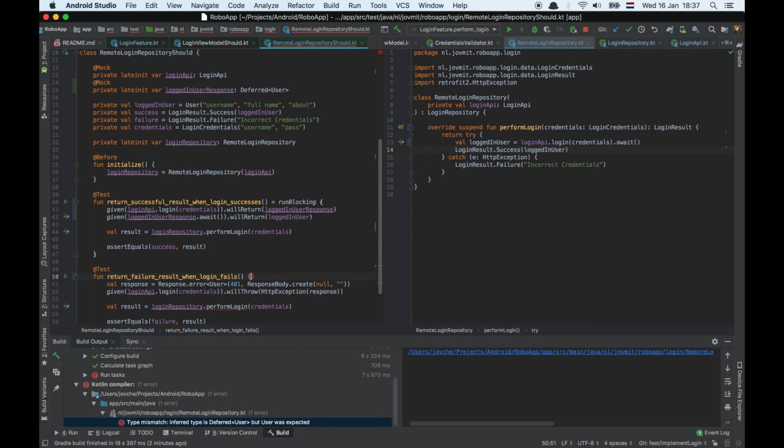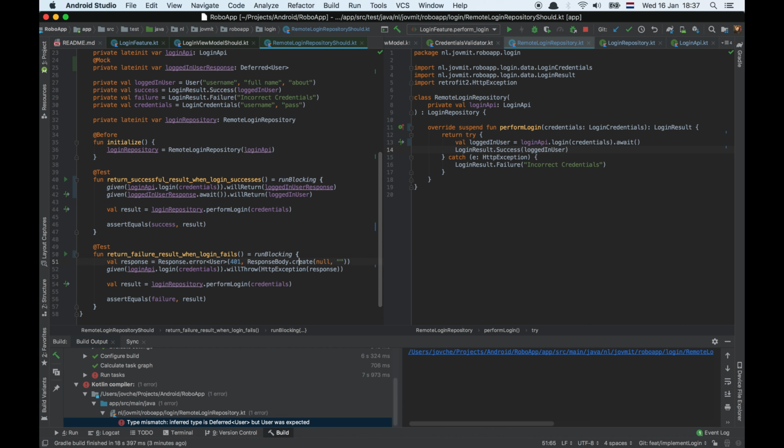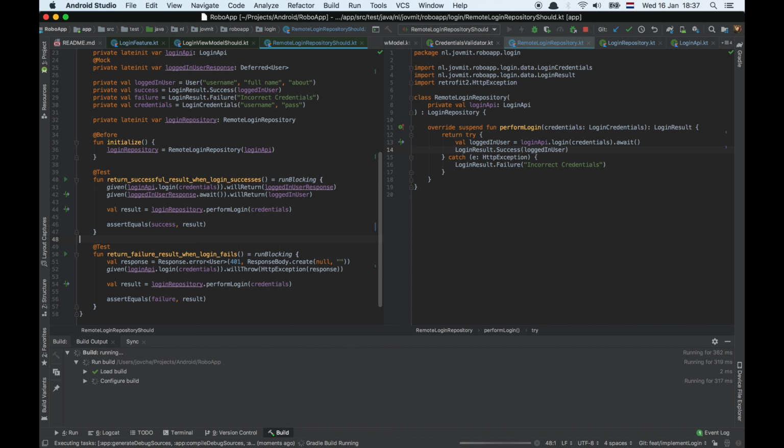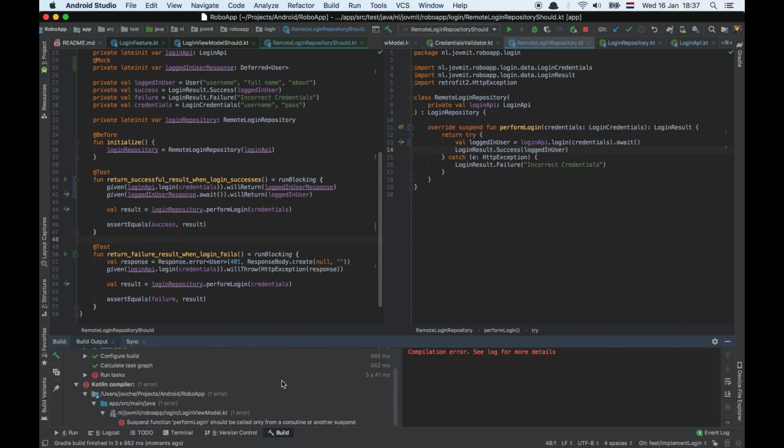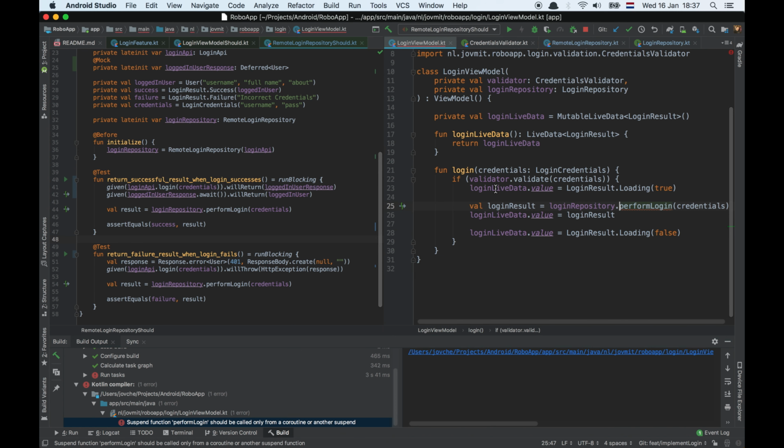Here also we are missing a run blocking, and so here we have the response object given login API login will throw. I think for now everything looks fine. Let's go ahead and execute this one and see what happens. Most probably again we're gonna have a compilation issue, because from the view model we are calling the repository. So the perform login is a suspending function and we are calling it from a normal function, so